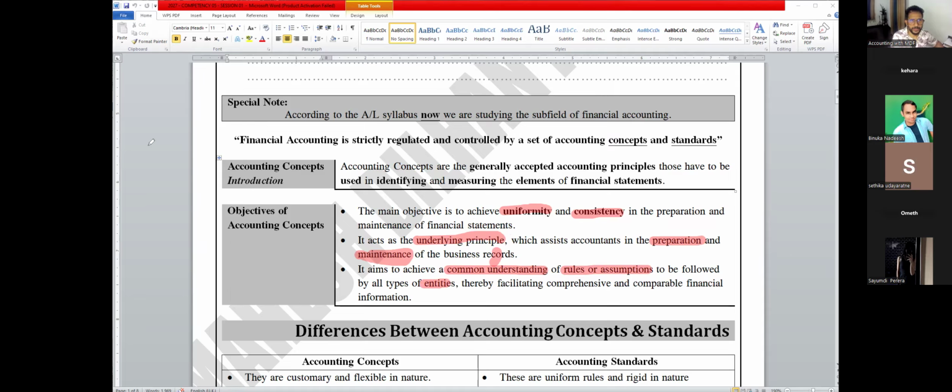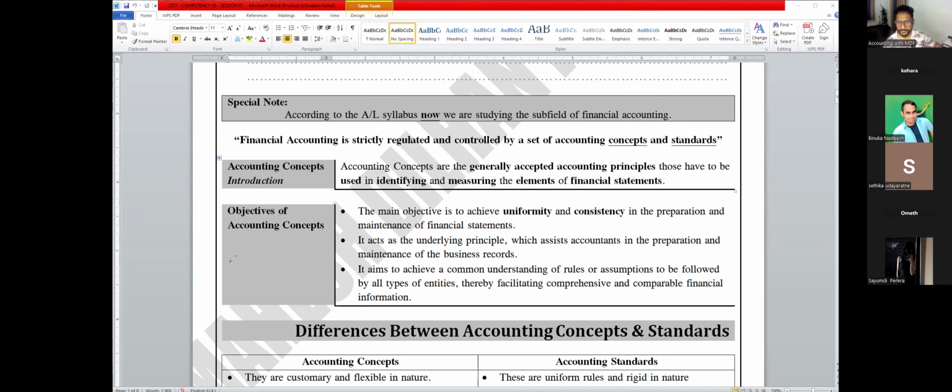Son, what is the most important thing? The most important thing I am saying, son, is always remember that the concepts are applied to all the entities. This applies to every business. Right? This applies to all the business entities. Write this down, son. Applied to all the business entities. Concepts are applied not only for any one business category, they are applied to all the business entities.